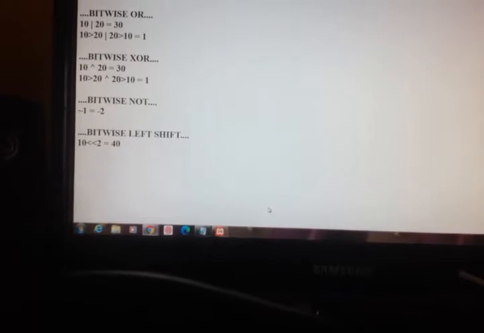So bitwise left shift, 10 left shift 2 is 40.